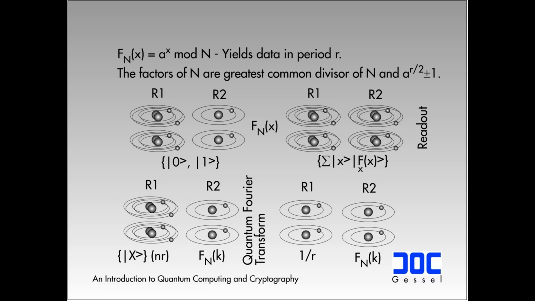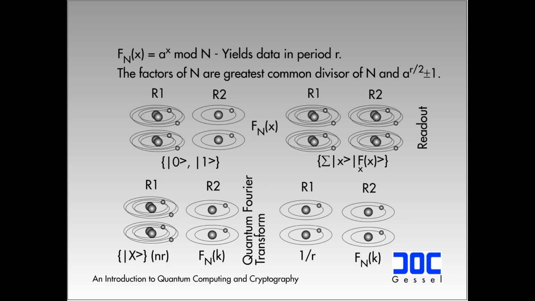So the two states now, the state on the right register depends on the state of the left register, as a function that we've applied. Then we do a readout of the second set, and what we get from a readout is that function. I'm not sure that's going to make sense, but we get that function, but we've left the first state in a periodic set. We don't really care about the function output, but by reading it out, we've left the first